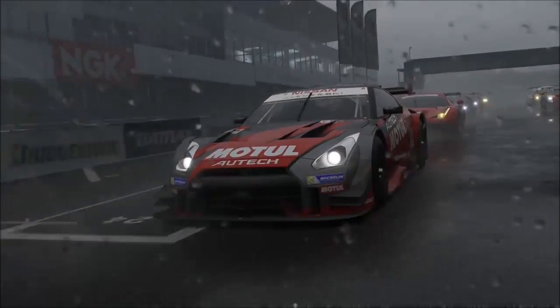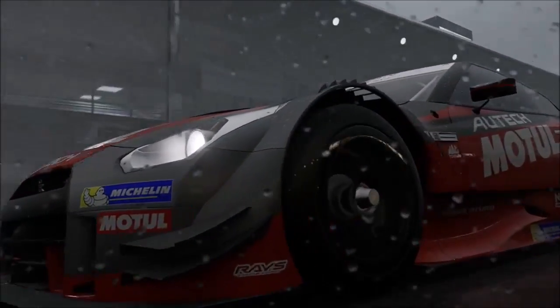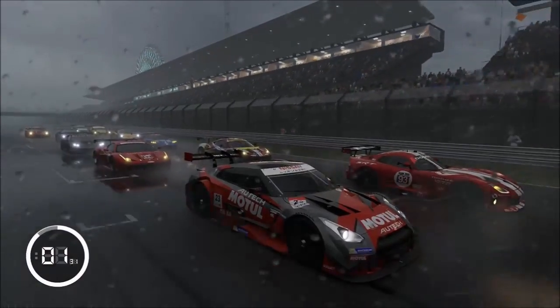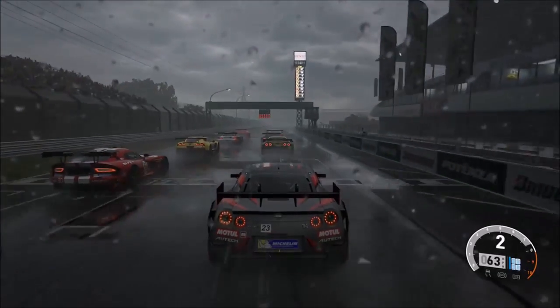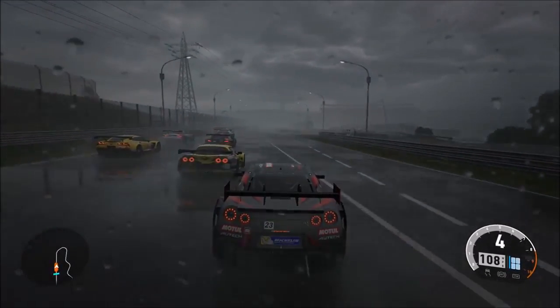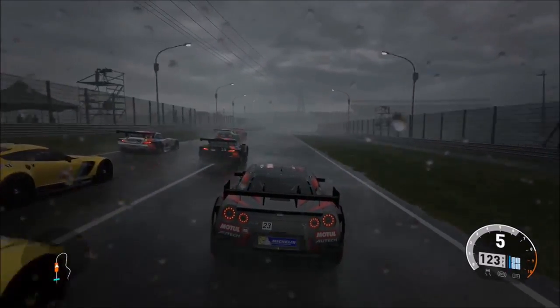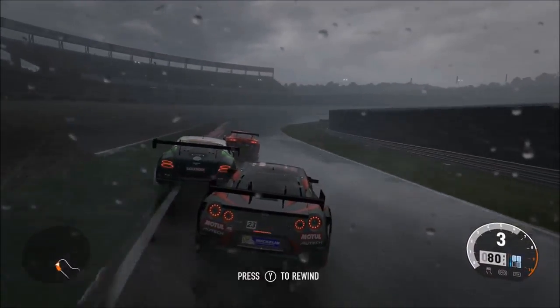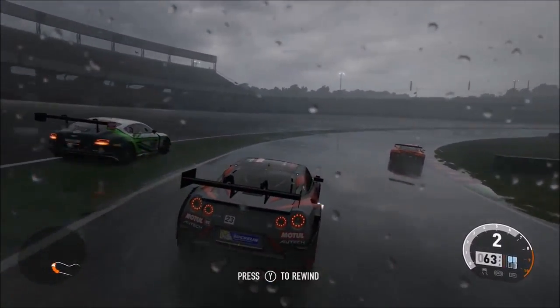As far as stuff like graphics and physics, I already touched on the physics in the demo. It felt a little bit different to me in the full game, but I think that might be because of playing the demo first, and now I'm kind of used to the driving style. That might be the case. I definitely found it easier in this game to drive the Super GT Nissan in the rain than I did on the demo. So that's probably just down to experience, I guess, of playing the demo first. As far as graphics,